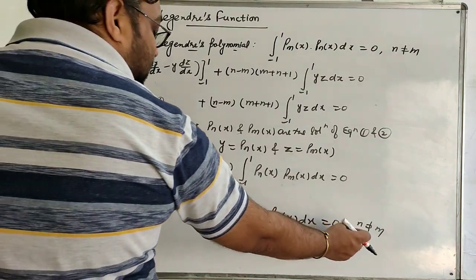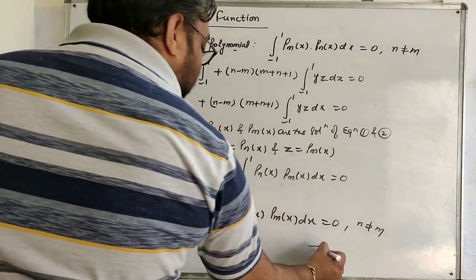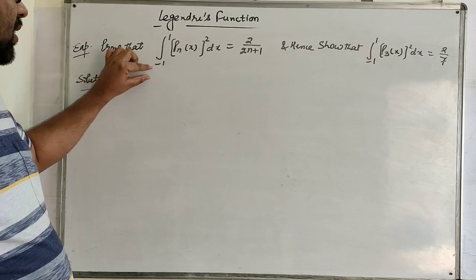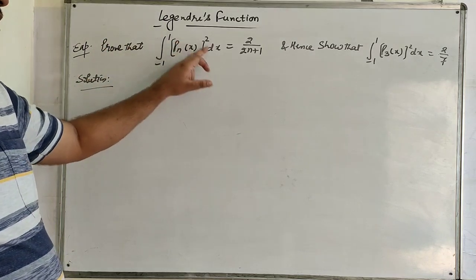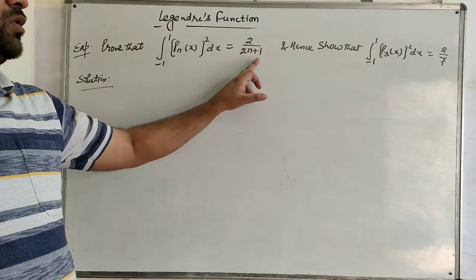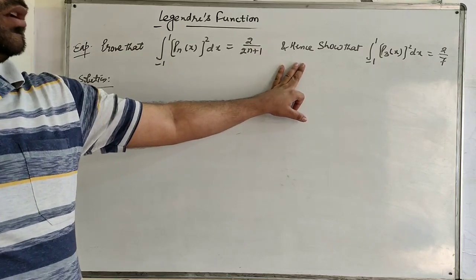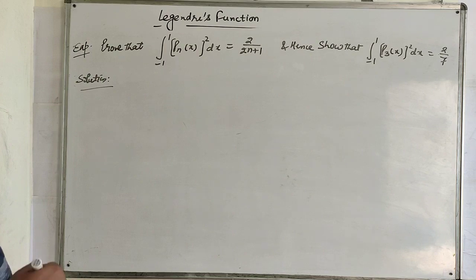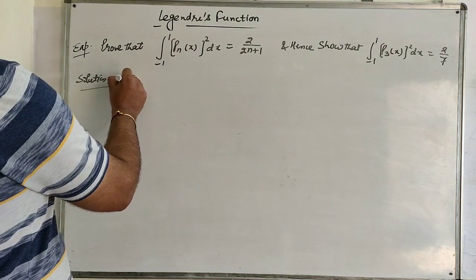So this is in the condition of n is not equal to m. So proved. The next example is: prove that integral from minus 1 to 1 of Pn(x) whole square dx is equal to 2 upon 2n plus 1, and hence show that integral from minus 1 to 1 of P3(x) whole square dx is equal to 2 by 7. So from the generating function